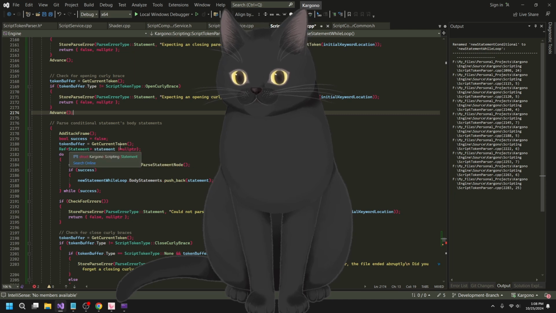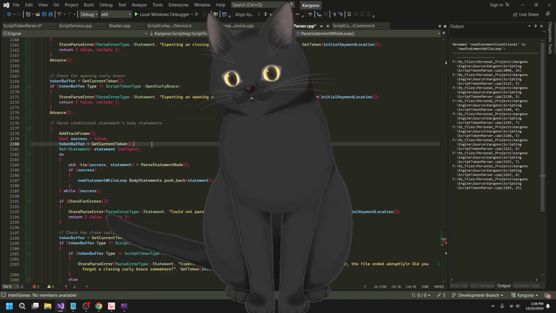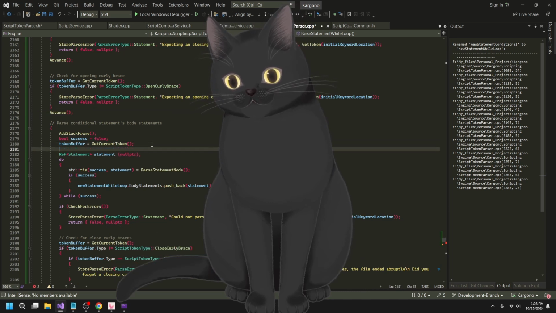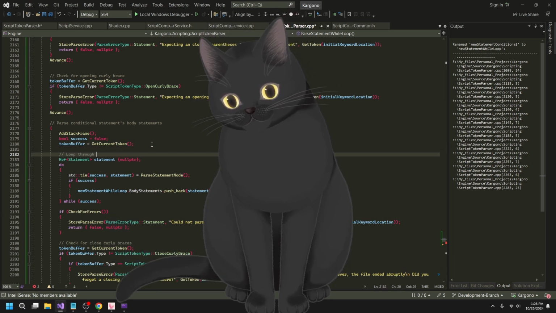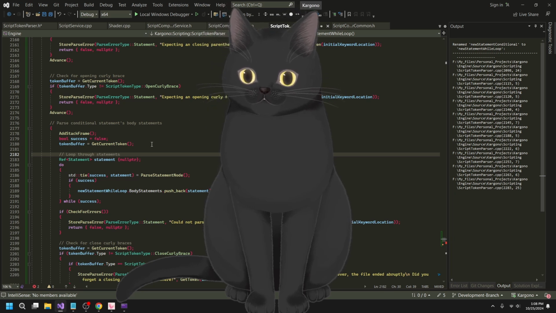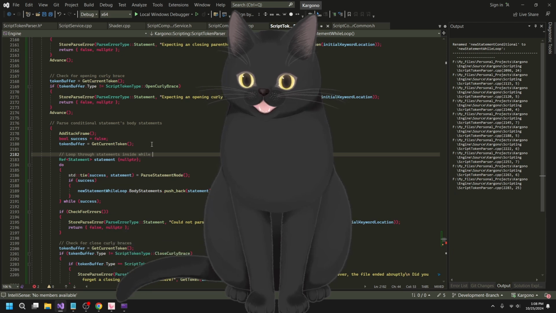Token buffer, get token buffer. Okay, then, so this loop right here, maybe I should add a comment right here. Loop through statements inside, how do I say, while loop body.